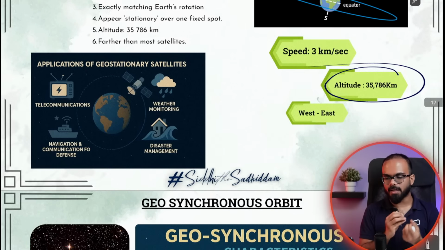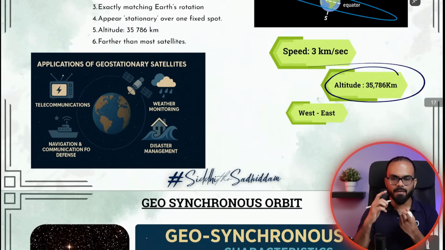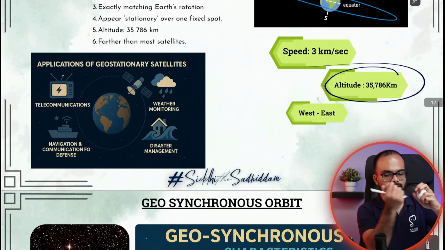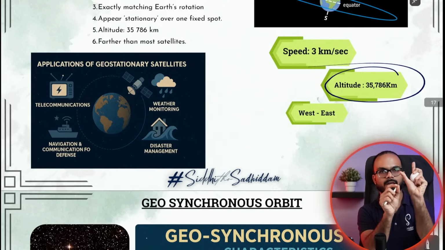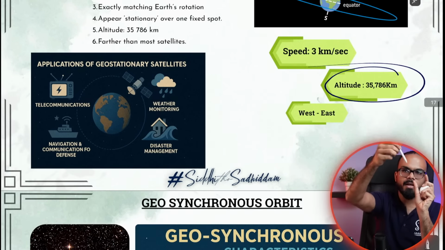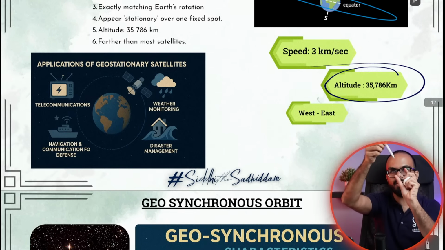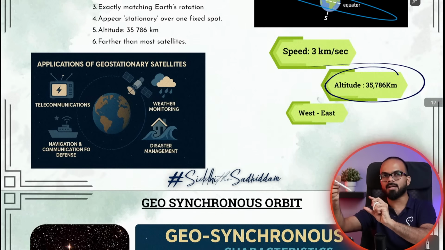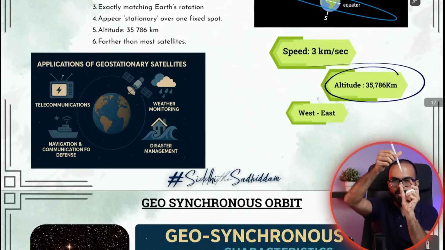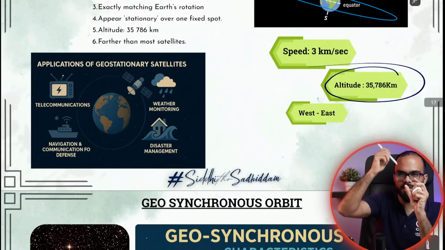Geostationary orbits are very, very high in demand. Usually our navigation systems and telecommunication systems are placed in geostationary orbit. The reason is very simple. On the Earth's surface, I have an antenna placed, fixed at a particular angle. Since my satellite is fixed, my antenna and satellite are communicating. Earth is rotating, satellite is also rotating, so the communication is consistent. You will not have any interruptions as long as you're watching your TV. So for telecommunication, for all these purposes, we use geostationary orbit.